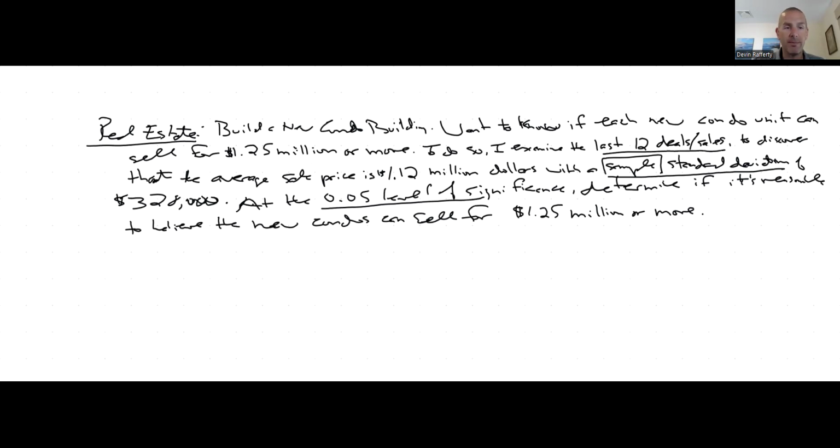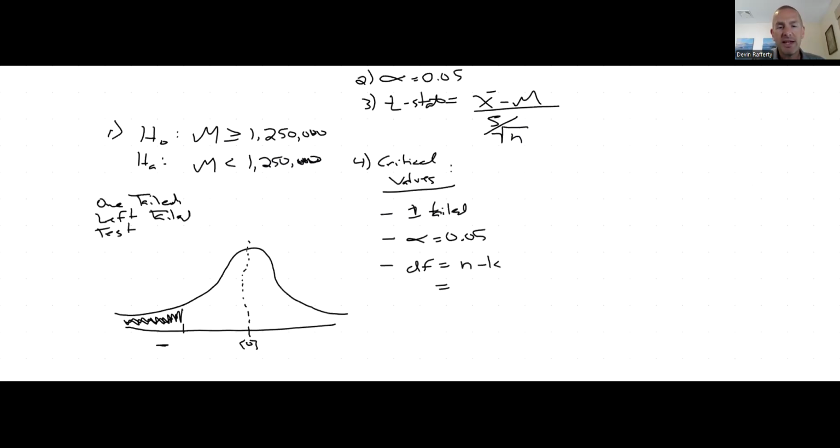We looked at 12 of them, which means we have a sample size of 12. We have 12 observations. K is the number of samples. How many samples did I take? I took 1 sample. I did this 1 time. It's also a 1 sample hypothesis test, but I took 1 sample of 12 observations, and that gave me 11 degrees of freedom. Okay, 11 degrees of freedom, 1-tailed test, 0.05, and that will give me,